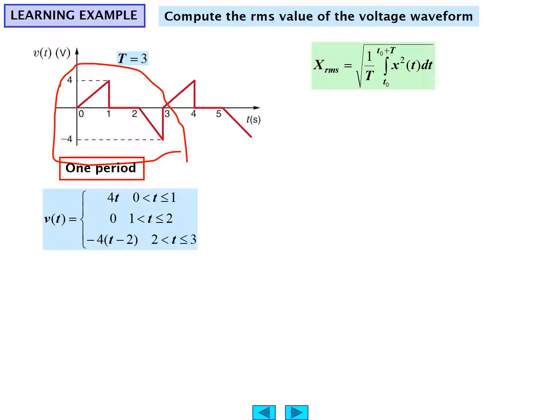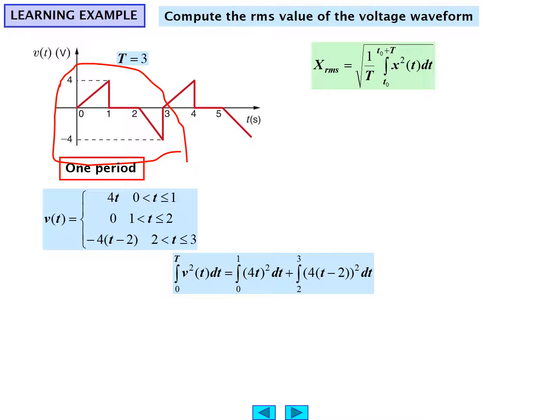And last but not least, for the last part, we have -4 times the quantity t minus 2. A little bit harder to analyze, but it's valid over the range 2 to 3. So we substitute t equals 2, we get 0. And if we substitute t equals 3, we get -4. So therefore, it is a correct analytical representation. So now we can compute the integral under the square, the integral from 0 to T of v